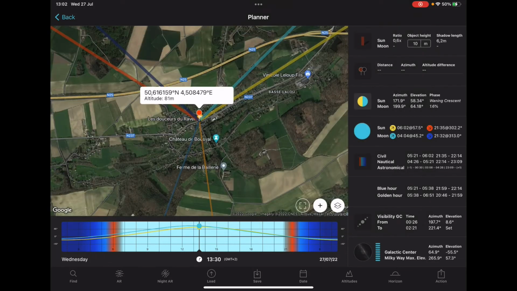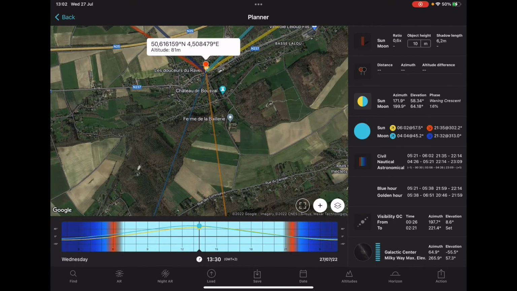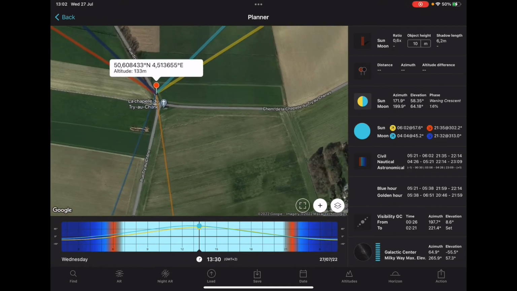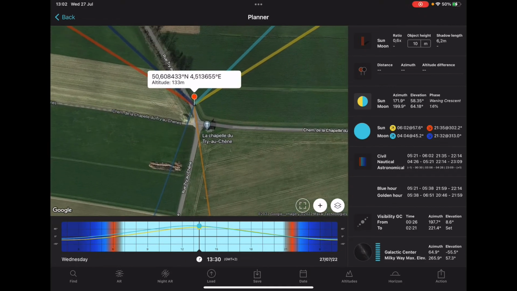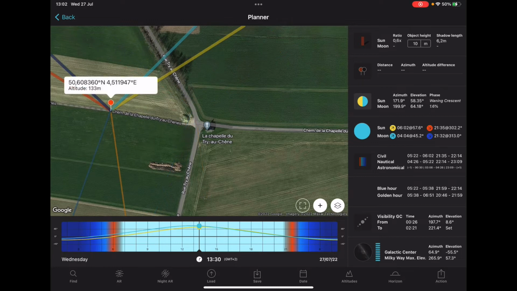Now I do that and I can have an idea of the landscape. And while Busval is at the center of the small town, where I like to go is here, where I drop the pin right now, and I can zoom in and you see that there is a nice chapel. Now, let's suppose that I will be here on this little road there,